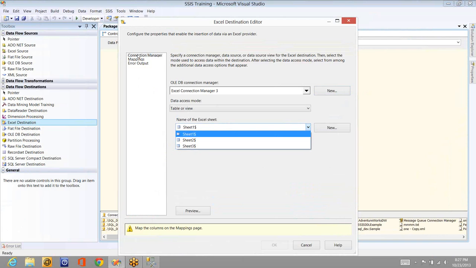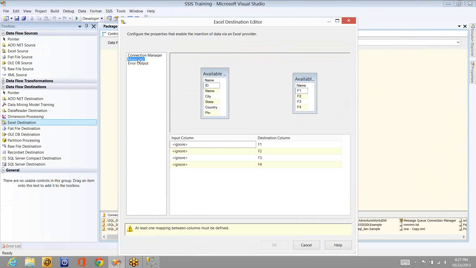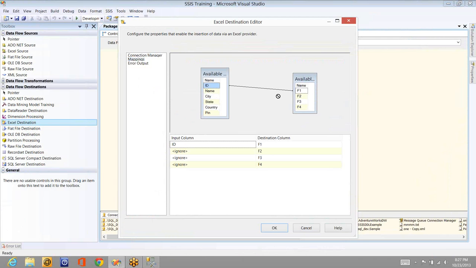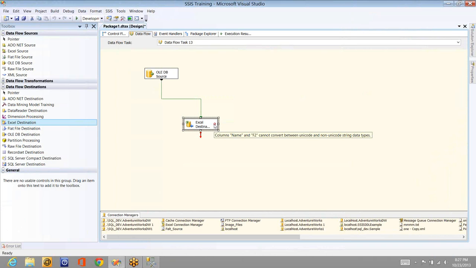Okay, mapping. Now let me take sources like 1, 2, 3, 4, and let me click on OK. Okay, so this is the property. The first thing you have to do is set the Excel sheet and the path to the Excel sheet, and once it is set, then you have to map the